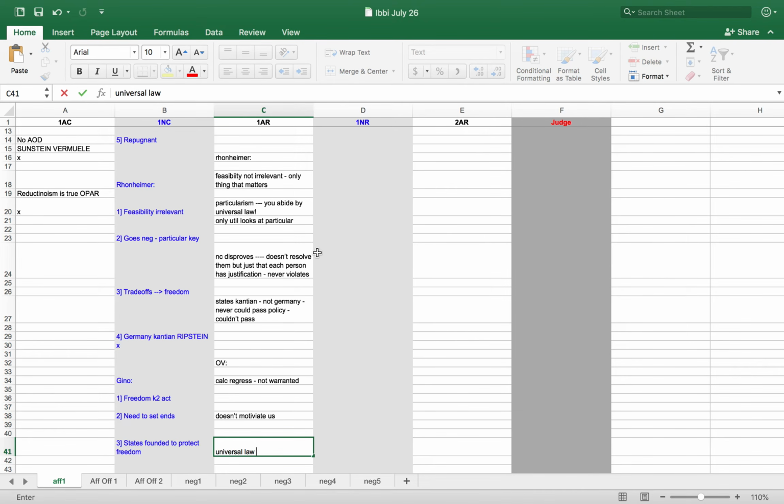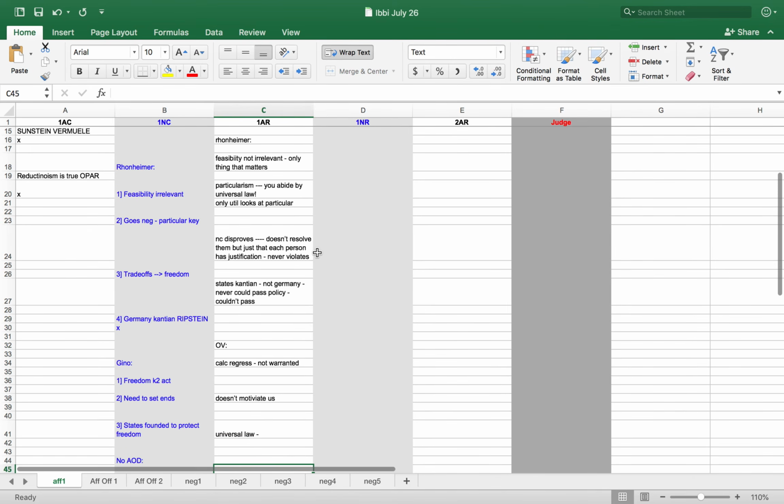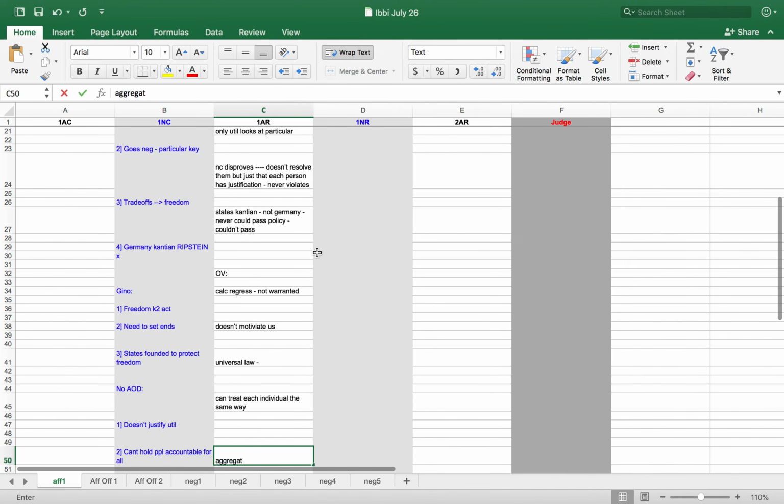You say a state of affairs is an important value, and an individual state of affairs is important, but no, util cares about people. Util cares about people because insofar as we treat every individual the same way, that's also evident by things like that trade-off stuff. That's the only way we can treat every individual the same way. Also, the aggregation stuff. You say aggregation fails, but no, it's not a question of aggregation. It's just a question of state obligations.